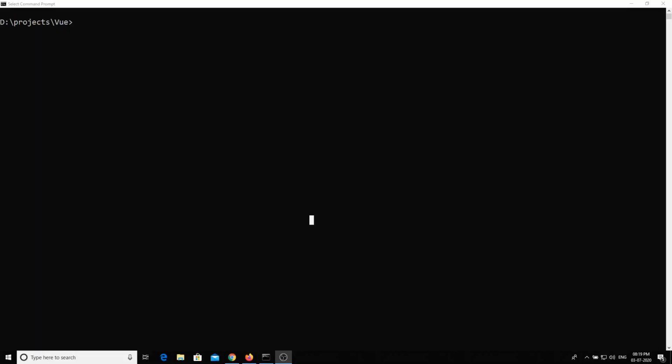Hi friends. So up to now we have seen how we can create the project using Vue CLI and also using the Vue UI. But if you see the creation of the project through Vue CLI, you'll be able to see that Vue router and everything will be automatically installed. So that looks like somewhat advanced installation, and it will be useful only for the single page application.